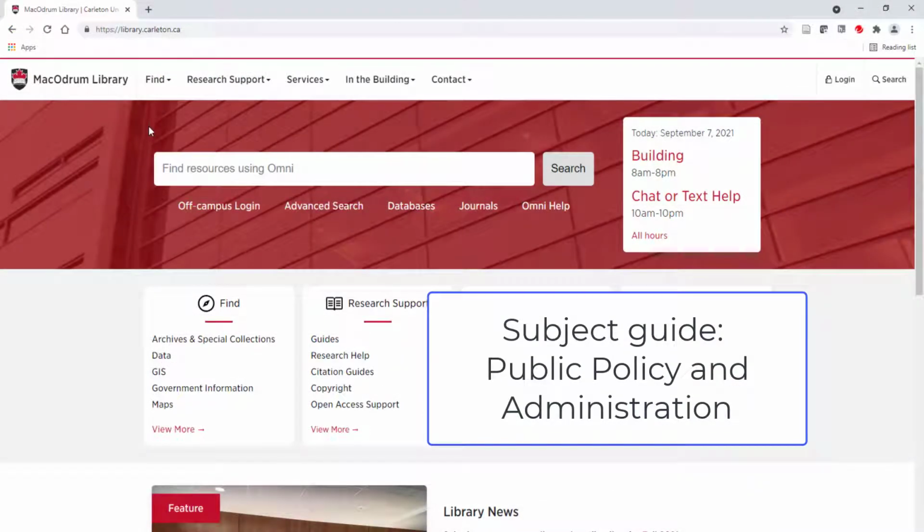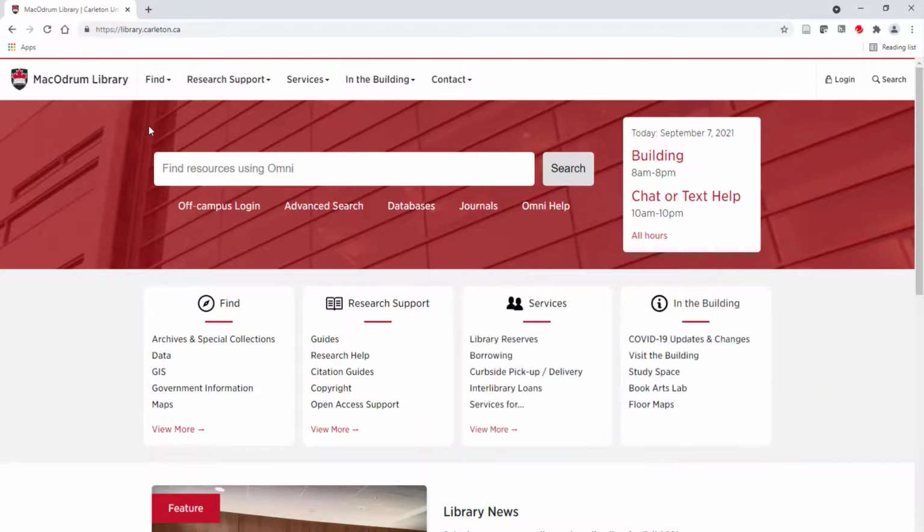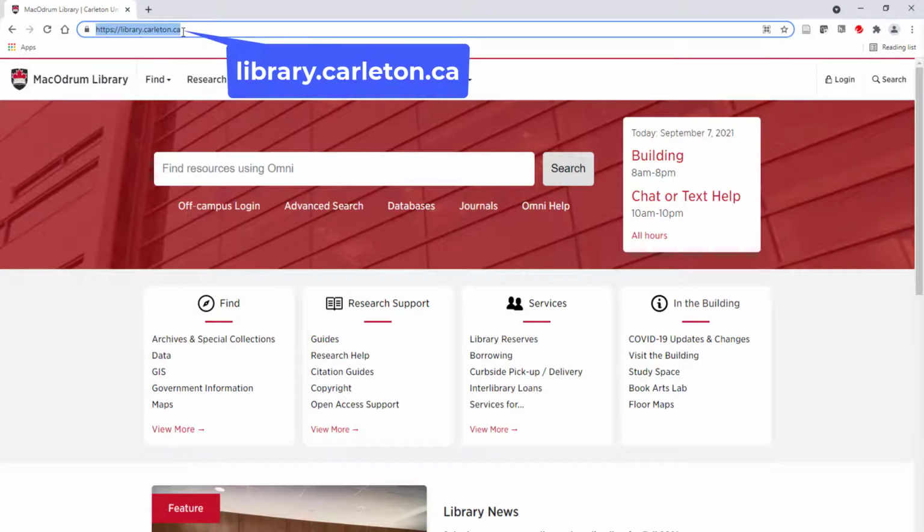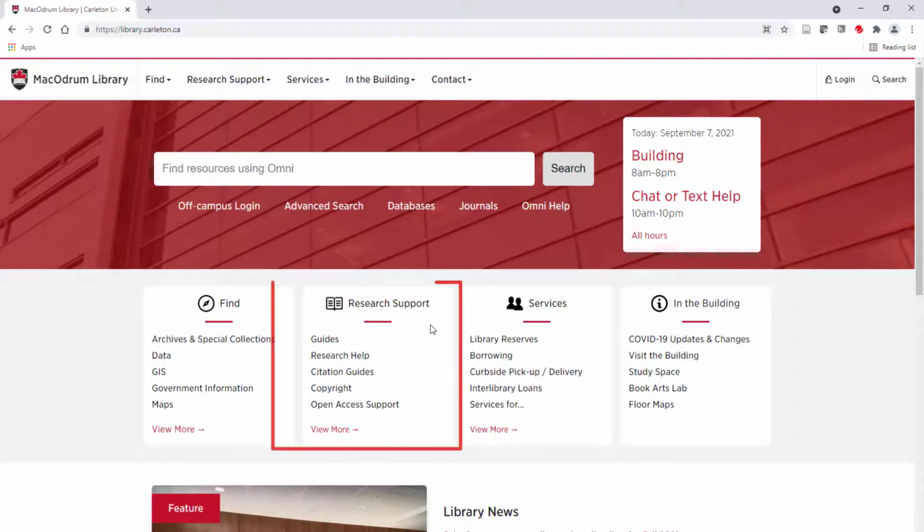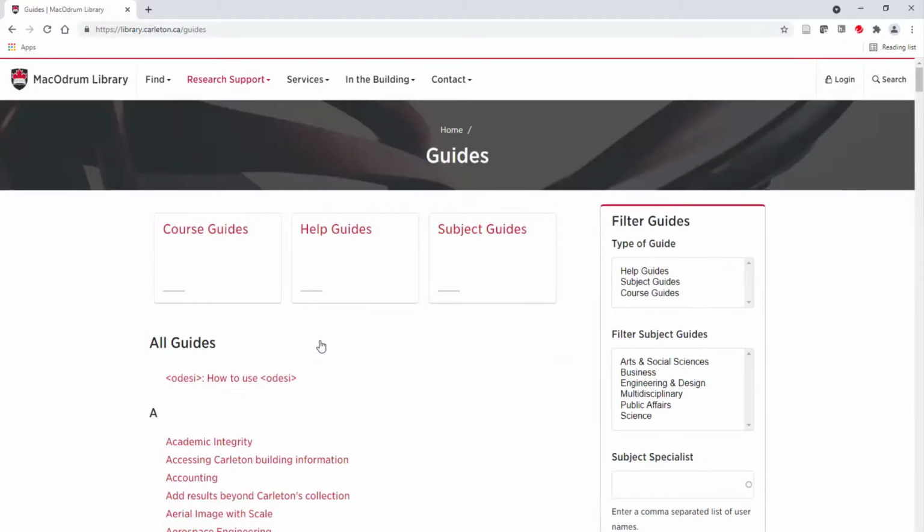Our fourth and final strategy is to use the Public Policy and Administration Subject Guide on the Carleton University Library website. This guide can also be useful in helping us to identify and access resources specifically related to government policy. We'll go to the library homepage at library.carleton.ca, and under the Research Support column, we will click on the Guides link.